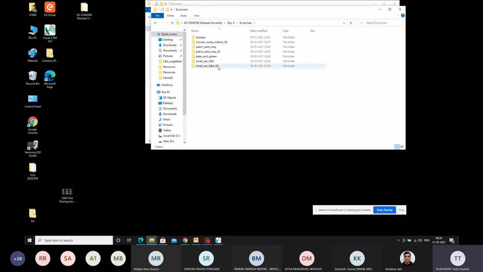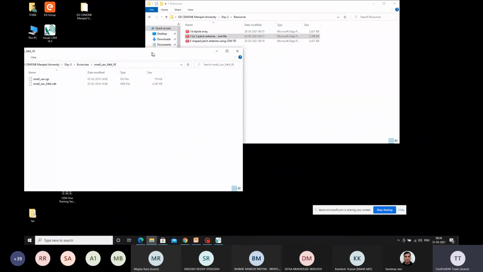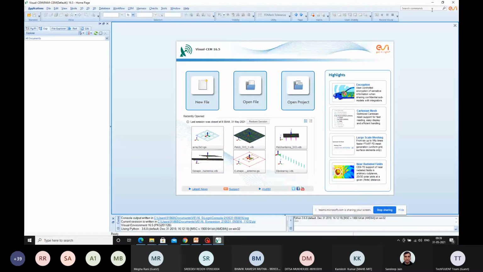Ready to go. I'll copy paste this particular file and then we'll try to go about.